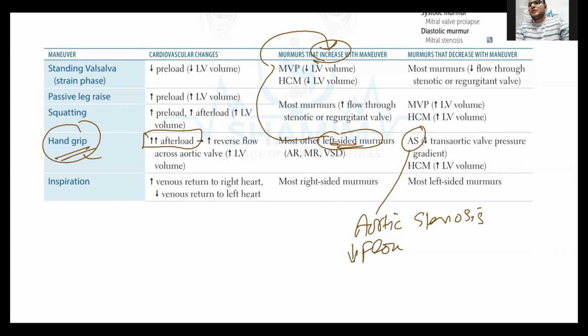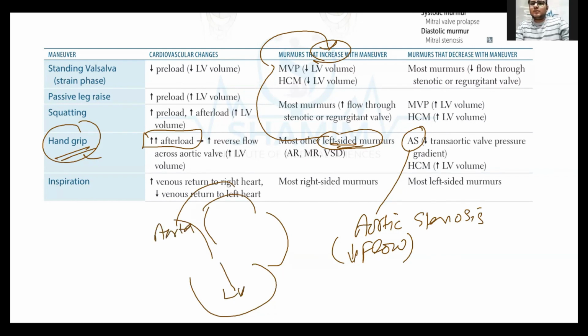देखें अब, ये हमारा लेफ्ट वेंट्रिकल है, ये एओर्टा है, यहाँ से ब्लड लेफ्ट वेंट्रिकल से एओर्टा की तरफ जा रहा है, एक स्पीड से ऐसे ब्लड जा रहा था। जब मैं यहाँ पे एआर्टिक स्टेनोसिस में ऑब्स्ट्रक्शन लगाऊंगा, हैंड ग्रिप करके आफ्टर लोड बढ़ाऊंगा, तो यहाँ से ब्लड कम जाएगा, यानी फ्लो कम होगा, और जब फ्लो कम होगा तो मर्मर डिक्रीज हो जाएगा। दैट इज इंपॉर्टेंट पॉइंट इन एआर्टिक स्टेनोसिस, कि हैंड ग्रिप से आफ्टर लोड बढ़ेगा, और एआर्टिक स्टेनोसिस का मर्मर कम होगा।